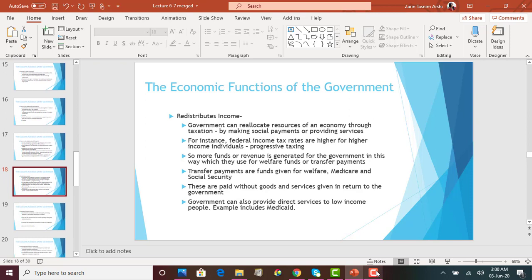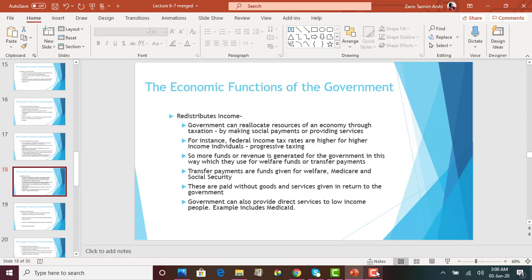Another function of government is to redistribute income. So government wants to make sure that the inequality between the poor and the rich is as little as possible. They don't want a situation where the rich get richer and the poor get poorer. So that's why they have different types of taxation. They use progressive taxing in the US, which means the rich people will have to pay higher taxes